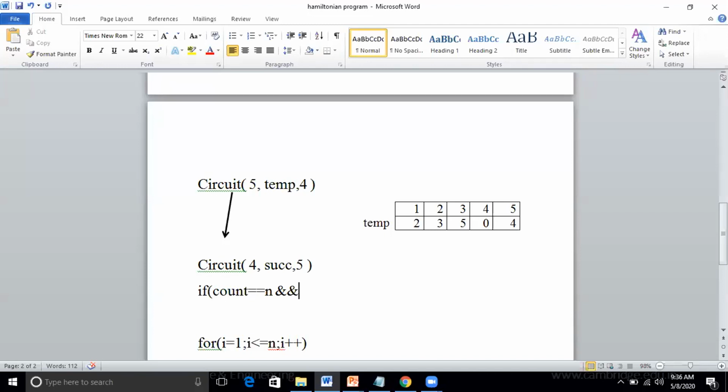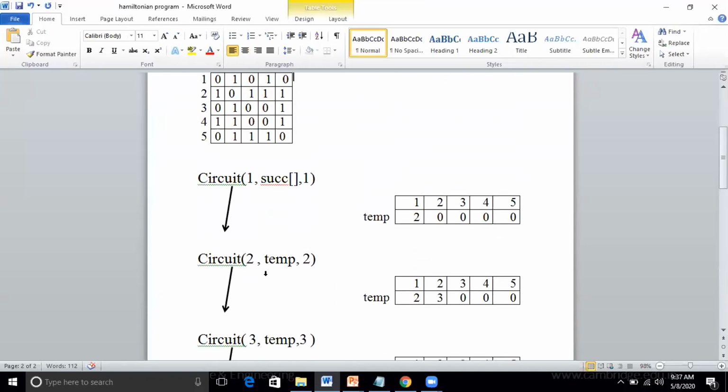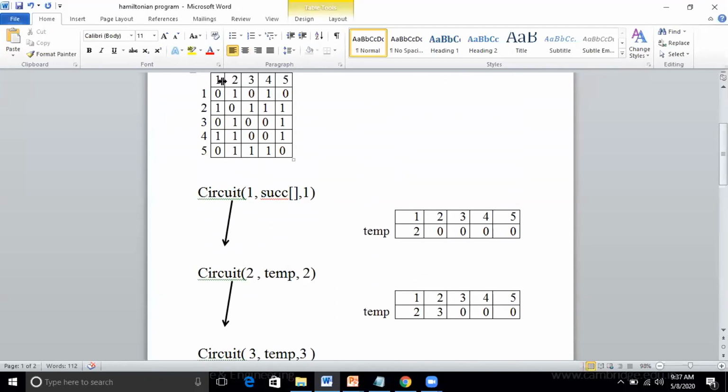No, sir, we have to check from the last node. What's the last node? 4. We need to find from the last node, that is 4, to the source node. What was the source node I have taken? 1. Correct? From 4 to 1, do you have a path?